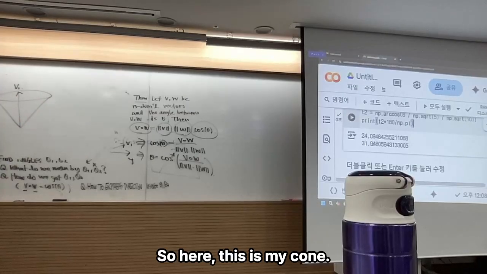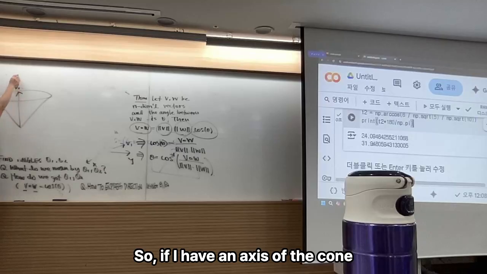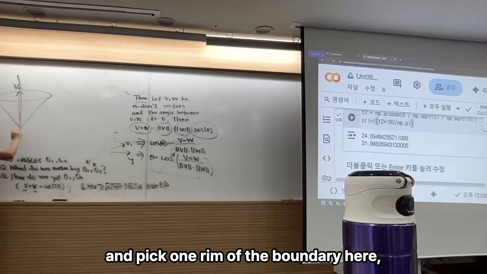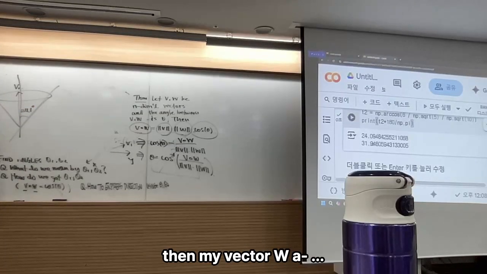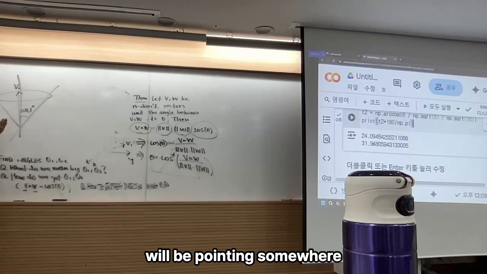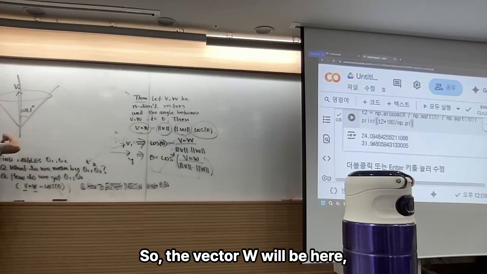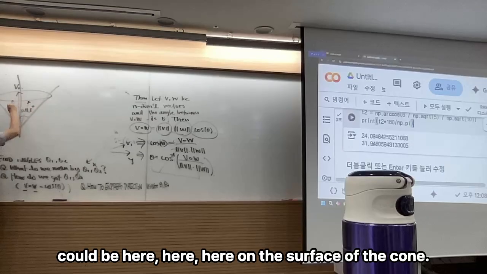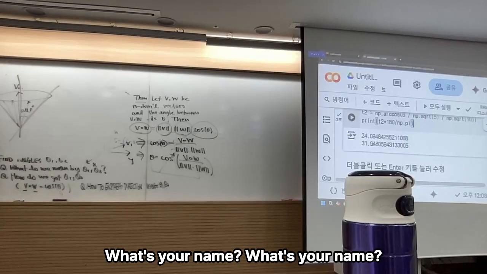This is my cone. So where does the 24.1 degrees come from? If I have an axis of the cone and take one rim of the boundary here, then this is 24.1 degrees. So if I have this information, then my vector W will be pointing somewhere on the surface boundary here. The vector W could be here, here, here, on the surface of the cone. Of course, it has the size of square root of 5, so that's why he mentioned,